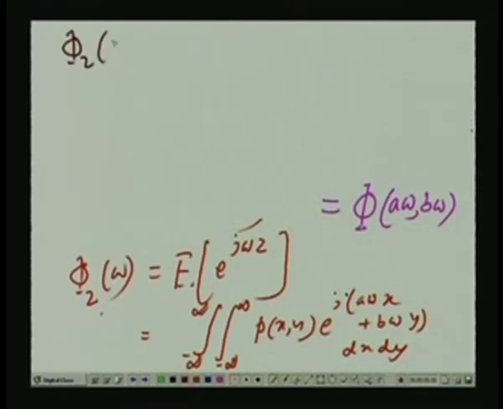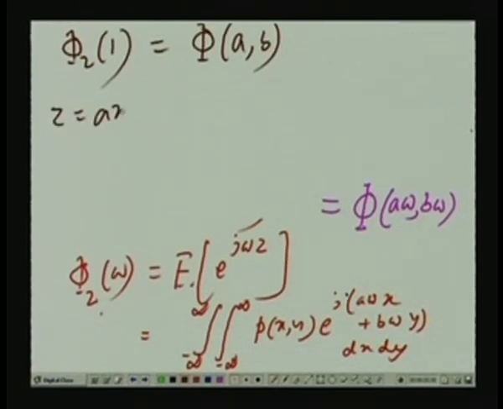What is phi z 1, that is if omega is 1, it is nothing but the joint characteristic function at a comma b. So, two frequencies you can say, one is a, another is b. The joint characteristic function at those frequencies is obtained from phi z at omega equal to 1. Now, suppose we are considering, remember, z equal to a x plus b y, and then we find out phi z